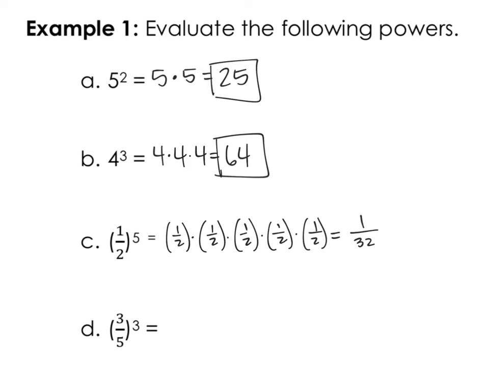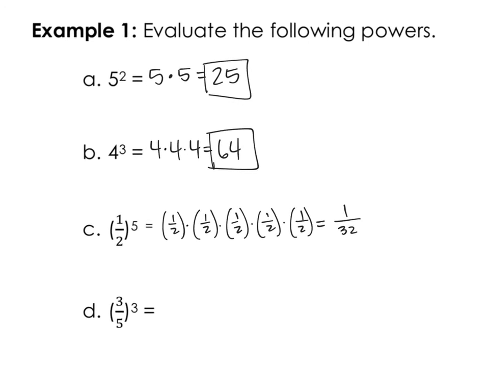All right, last example, I want to do 3/5 to the third power. So I'm going to do 3/5 3 times. And if you want to type this into your calculator, you can do parentheses 3 divided by 5 to the third power using that caret button. Again, we get a decimal, so we're going to hit math, enter, enter, and it gives us